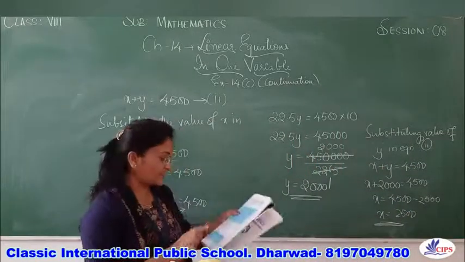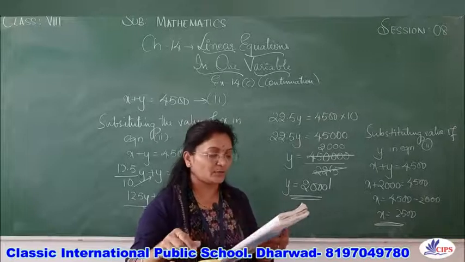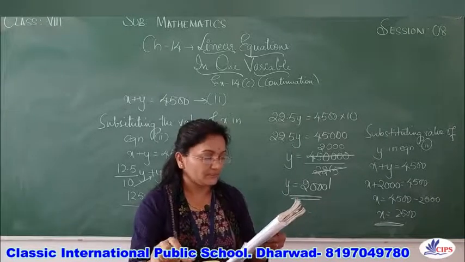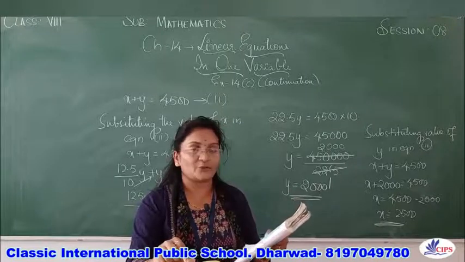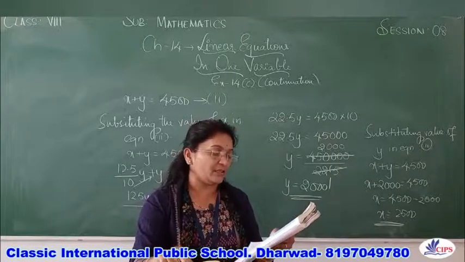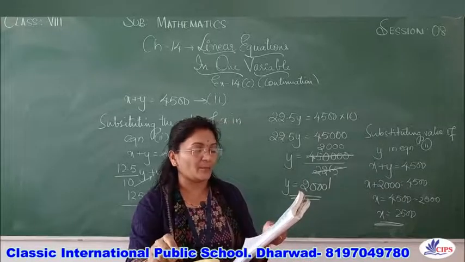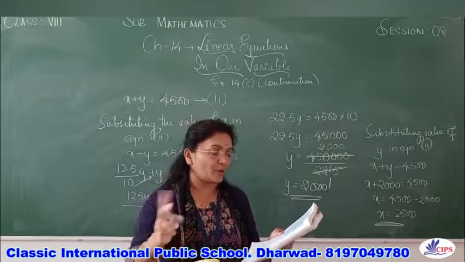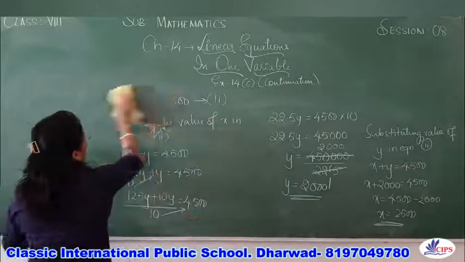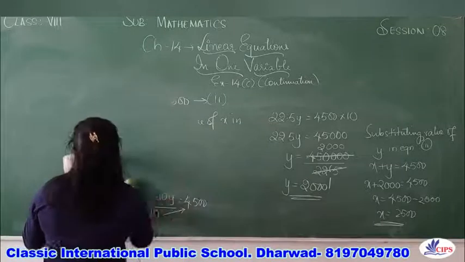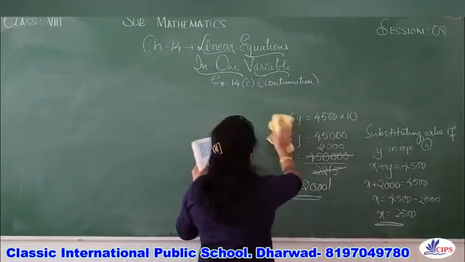This is a bit of a lengthier sum. So practice these sums a lot. So let's move on to the fifth one. The sum of two numbers is 405 and their ratio is 8:7. Find the numbers. So here we have got two numbers and the sum of the numbers is 405. So when you add those numbers, it's 405 and they have given the ratio. What's the ratio given there? 8:7.